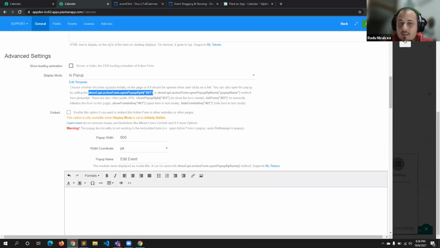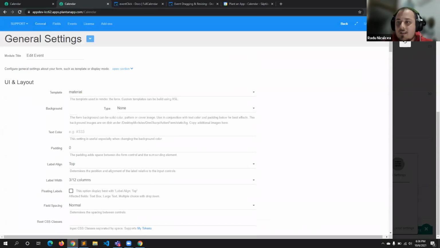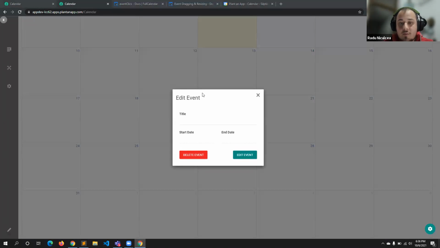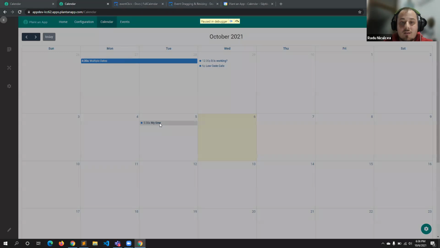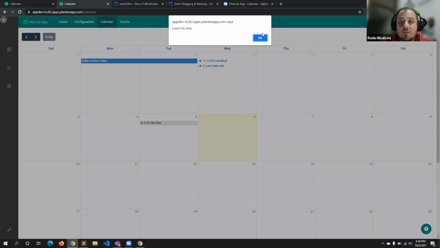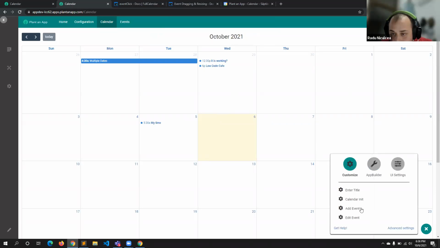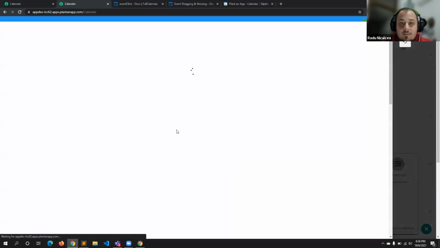So I'm going to save this for the moment. And you can see I can use the JavaScript here and open it as a pop-up. I did this in the browser console here. I run this query and I open it as a pop-up. So the trick will be, whenever I click on one of those items, I want that form to pop up and basically pre-fill all the information that was filled initially. So to do that, I will go back to the calendar settings.